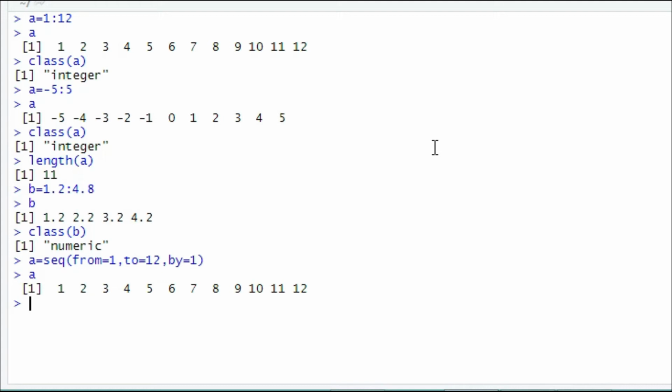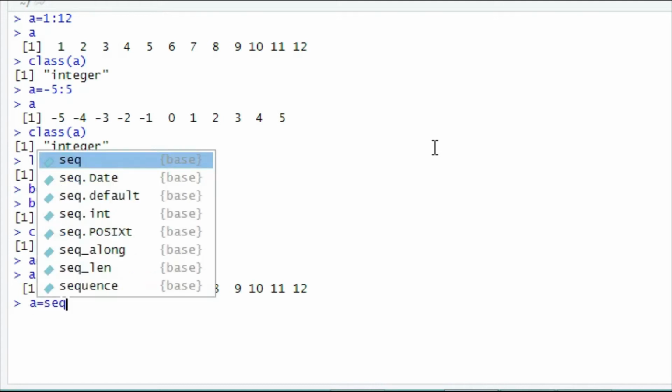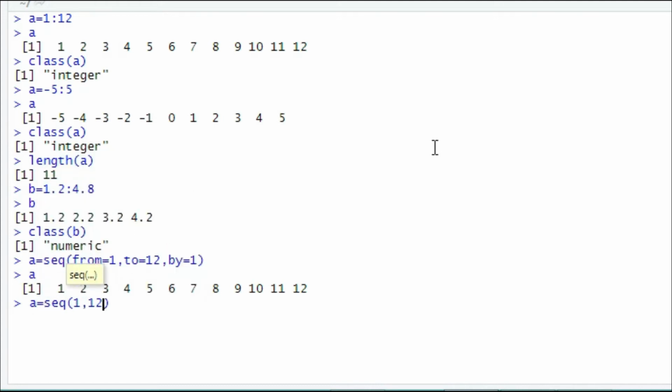Now check one thing: if I write A equal to seq(1, 12, 1), that is, without mentioning from, to and by, it is also a valid expression. R will automatically consider the first argument as from, the second argument as to, and the third argument as by.